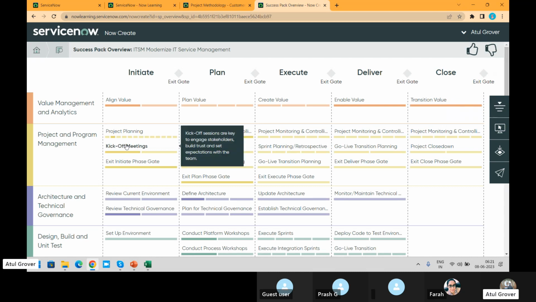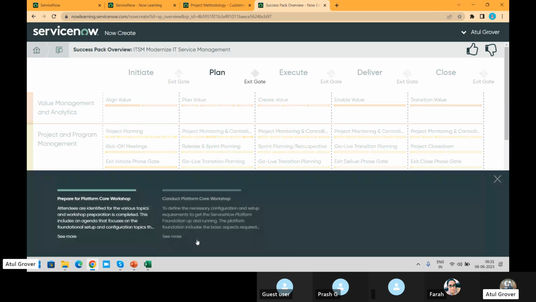Okay. Now let's say I'm a business analyst. My work starts with the requirements. This is what, right? Conduct platform workshop. Atul, you are the experience holder, you can tell anything, you can make us fool, so show us the proof now. I want to run a workshop. I need the process